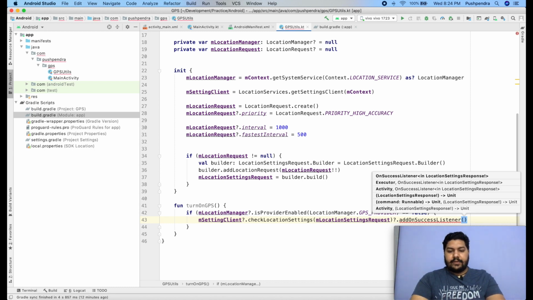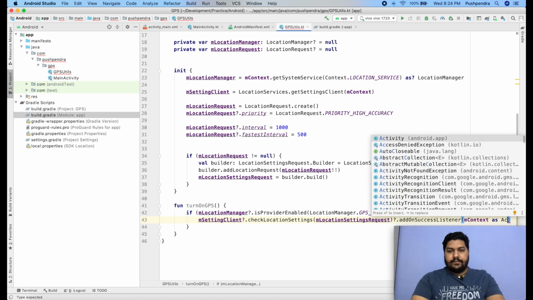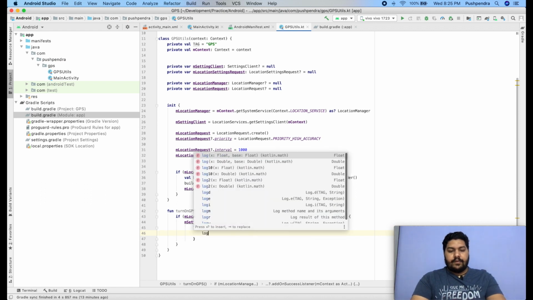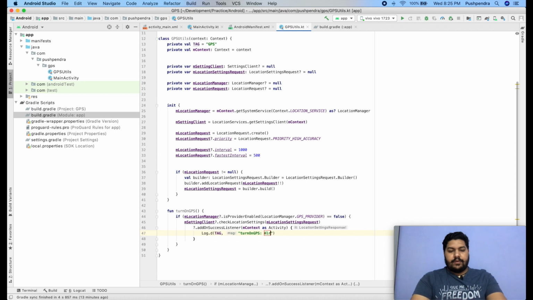Here we have to pass our m context as activity. Okay, I will take it in a new line. Now second thing, here we can print log d already enabled. Okay, then we don't need to do anything.